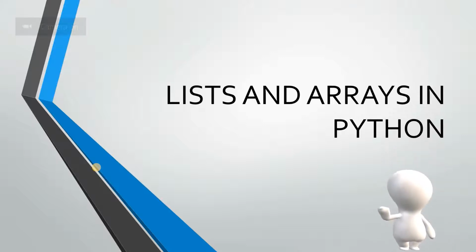In the previous tutorials, we saw NumPy arrays. Basically, we had just a brief introduction to what NumPy arrays are. We saw the history and all. So in this tutorial, we are going to have some nice discussion about lists and arrays in Python. We are going to see the similarities and differences, the advantages of NumPy arrays over lists, and so on.